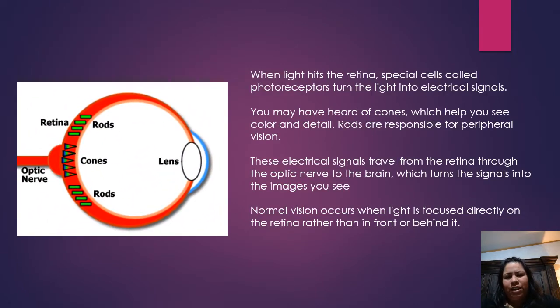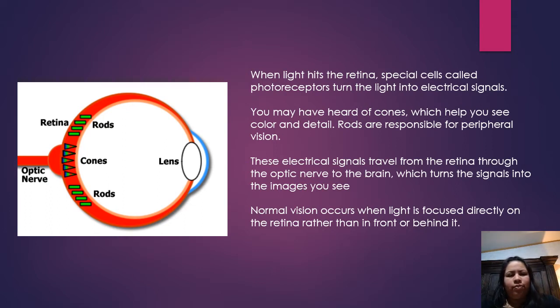When light hits the retina, special cells called photoreceptors turn the light into electrical signals. You may have heard of cones and rods. The cones, which help you see color in detail, and rods are responsible for your peripheral vision. These electrical signals travel from the retina through the optic nerve to the brain, which turns the signals into the